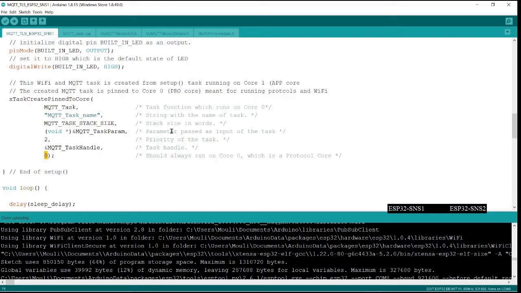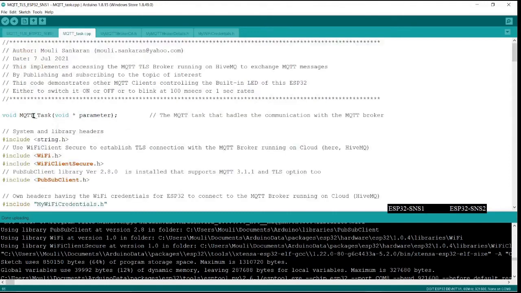Now there are different parameters which are commented here. You can just follow this convention. This is the task name, and this is the entry point where the function with this name will be called. So when this task is created, it is calling a function. It needs to be fed with a function. Now remember, the prototype of this function, MQTT task, is this. Another file I have given, it's void. That means this function should not return at all.